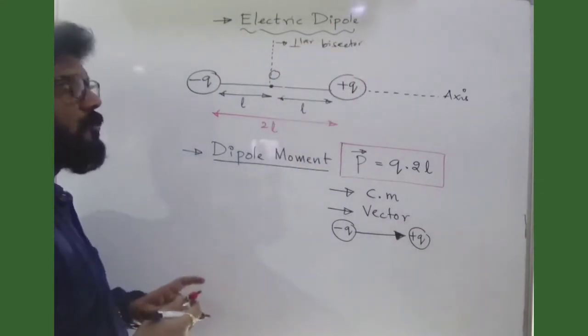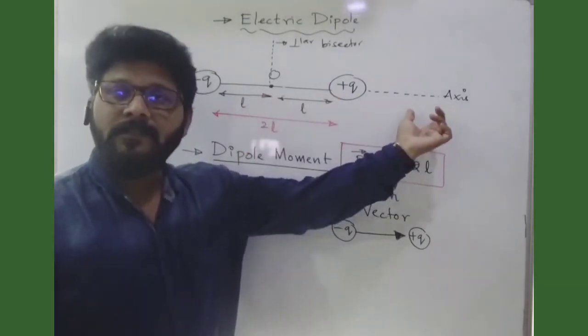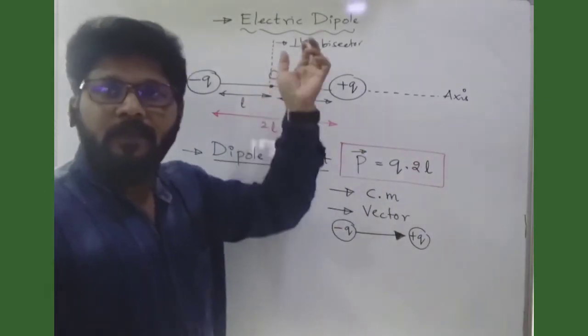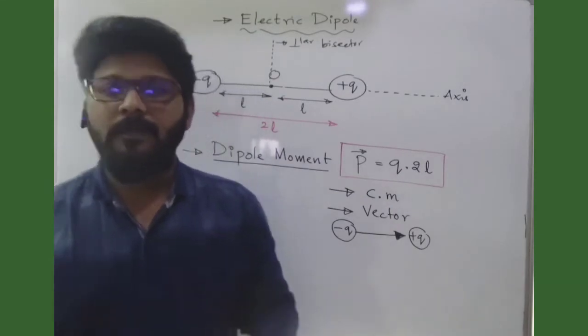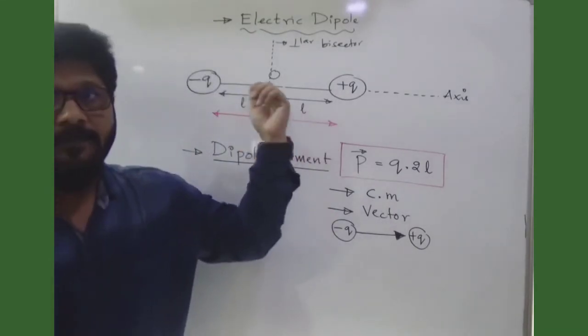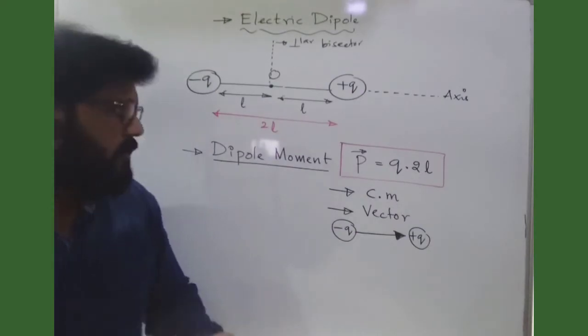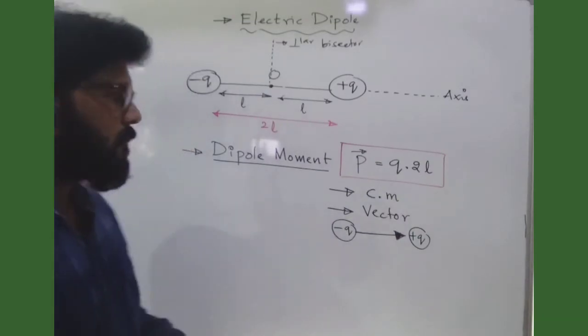So in this class we will be calculating the potential on the axis, and the electric field intensity on the axis and on the perpendicular bisector, and the general formula to calculate on the axis as well as the perpendicular bisector. These are the things that we are going to calculate. And basic problems based on dipole moment, how they will ask. Let us go with one problem.